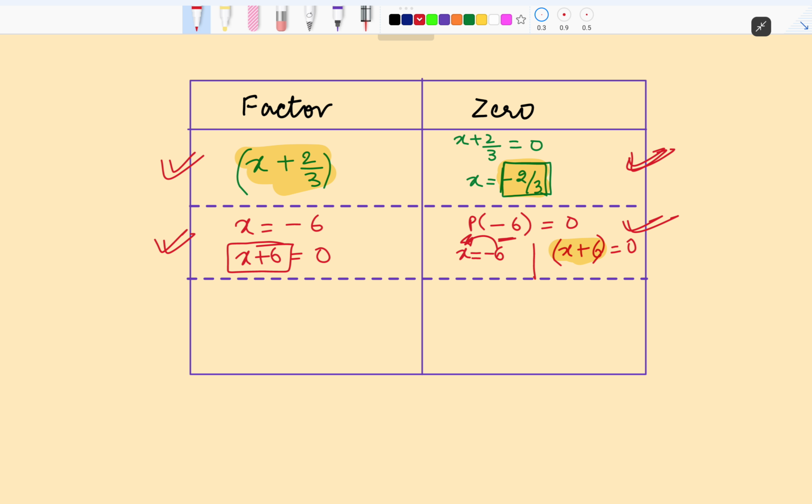Clear है? Now let's say, अगर zero of the polynomial given है, p of c is equal to 0. Let c be any number, ठीक है, any real number. मतलब x का वैल्यू c है जब p of c becomes 0. अब इसे हम c को इधर ले आएंगे तो क्या हो जाएगा, x minus c is equal to 0. So this x minus c will be my factor. I hope it is clear.